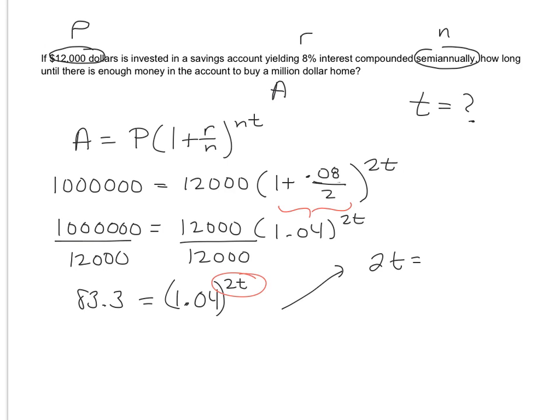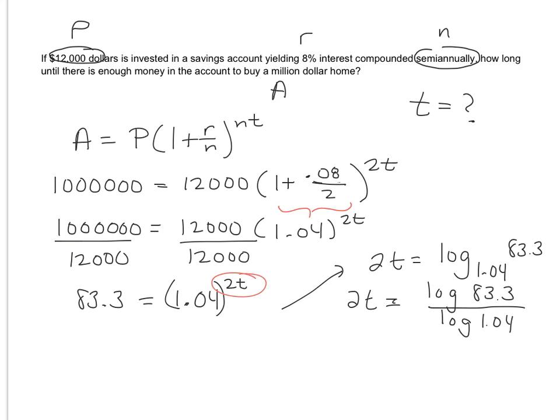So 2t equals log base 1.04 of 83.3. So if I convert the log to put in the calculator, I do log of 83.3 over log of 1.04. So that would say 2t equals that value. So log 83.3 divided by log of 1.04 is going to be